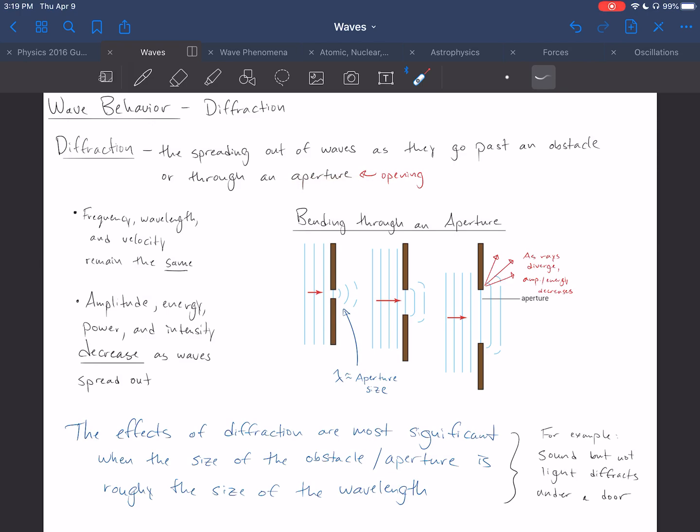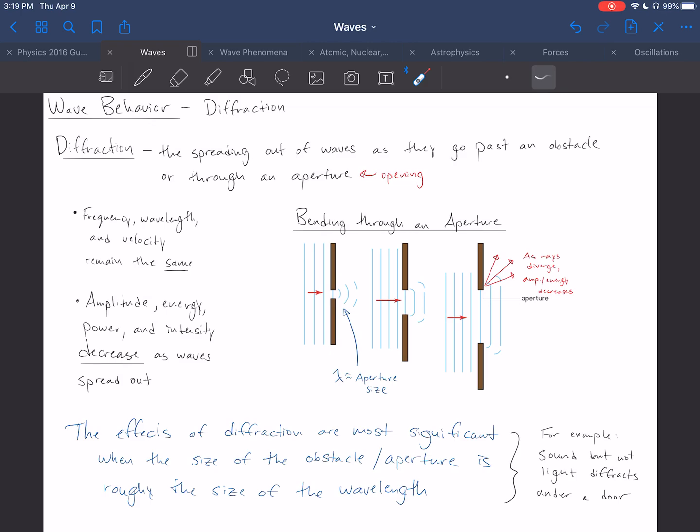If you take a look at this diagram right here, you can get a sense of what is going on. If plane waves or planar waves come in here and they reach a boundary that has a small gap in it, a small opening, you can see that the waves, when they hit that small gap or small opening, will actually spread out here. And this is